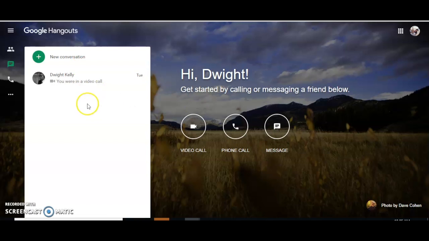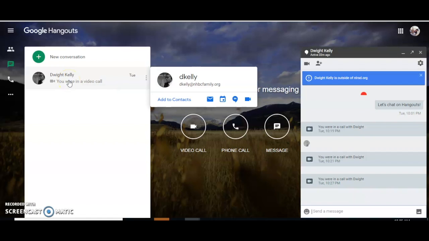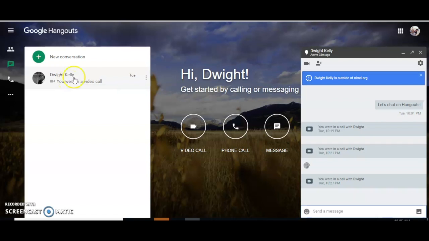Okay. This right here, you can have a log of the people that you contacted, and whether you've had video, phone, or messages, you can have an archive, and a transcript is written for the entire time that you've been communicating. For example, I'm going to click on another business contact that I have for myself,